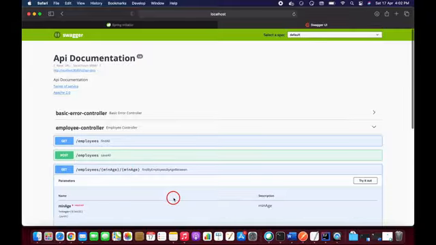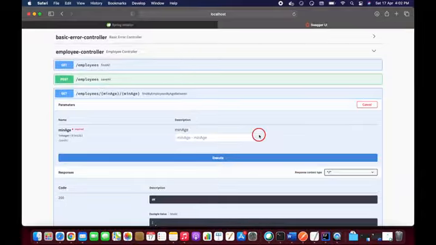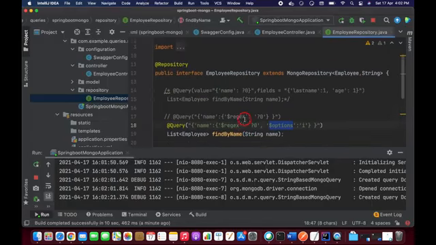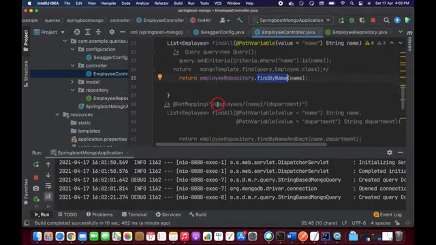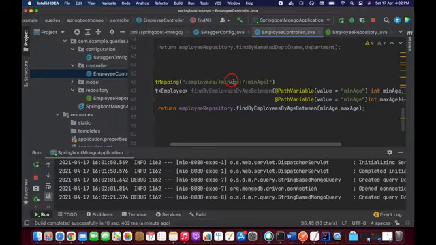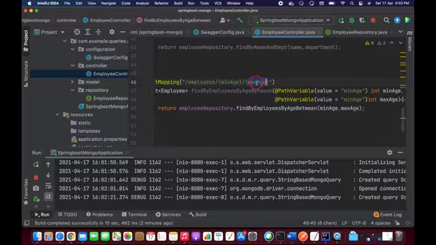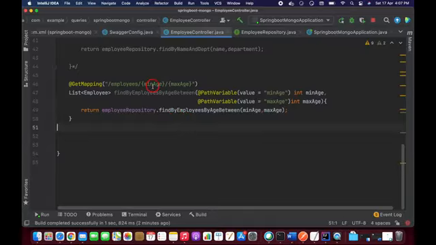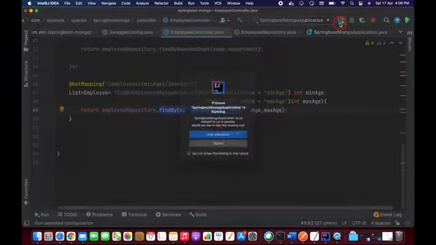And another one is min age and max age here. So if you want to find employees by age in between, here I'm able to see only minimum age. What about max age? Like in the controller. So this would be max, okay, and max is here. So this is the method that I have added. I'm just passing minimum age and maximum age as path variables here. I'm just using employee repository find by employees here. Okay, let's restart this application